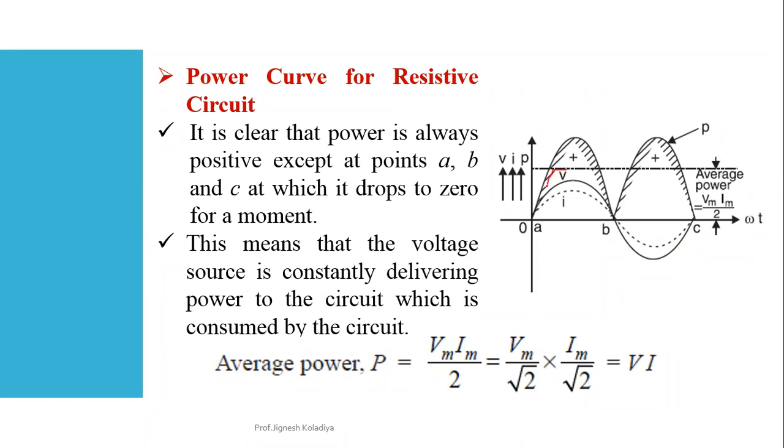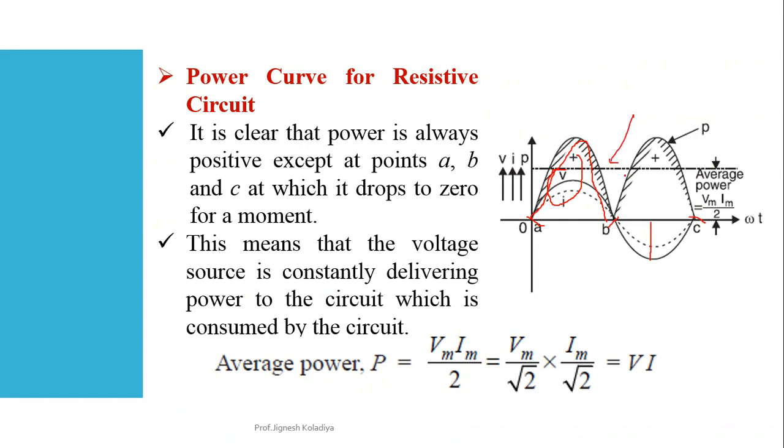It is the multiplication of these two waveforms, right? V and I, voltage into current. So in the power curve for the resistive circuit, it is clear that power is always positive except at the points A, B and C. Why? Because here both are 0. Otherwise, either V and I are both positive or both negative at the same time. So every time I'm getting positive power,